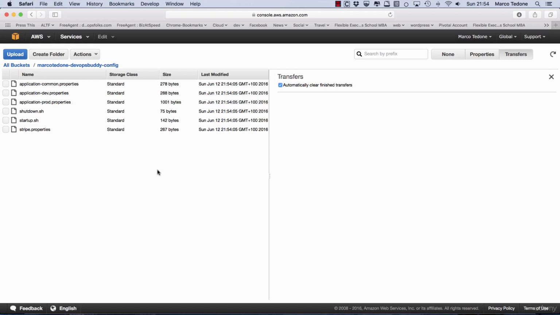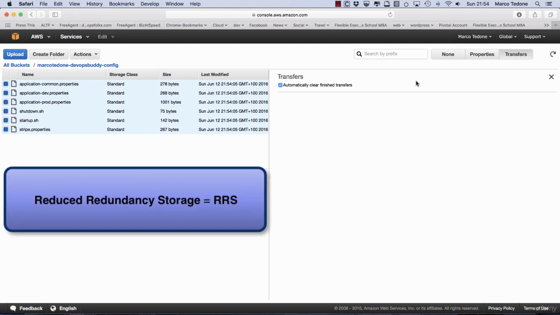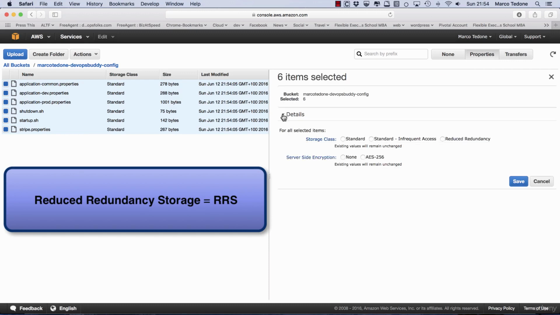The other thing you will want to do is to set up encryption at rest for these files, and possibly choose a reduced redundancy storage option, which is cheaper. Reduced redundancy can be generally chosen when the bucket content can be easily recreated. To set up encryption and reduced redundancy, you can select all files in the configuration bucket and then the Properties button on the right. Then select Reduced Redundancy and